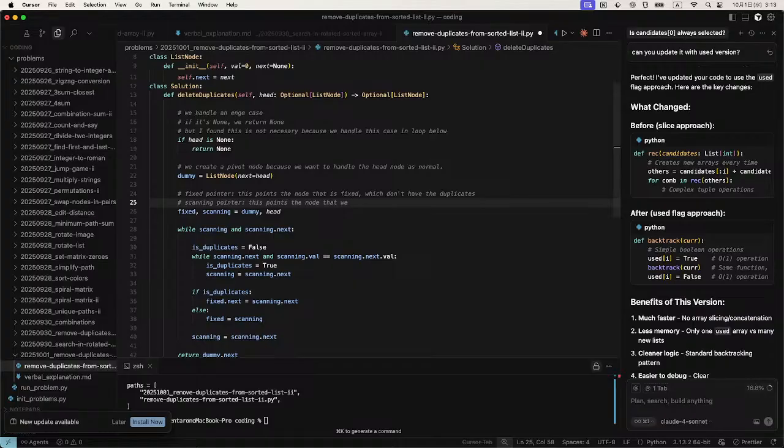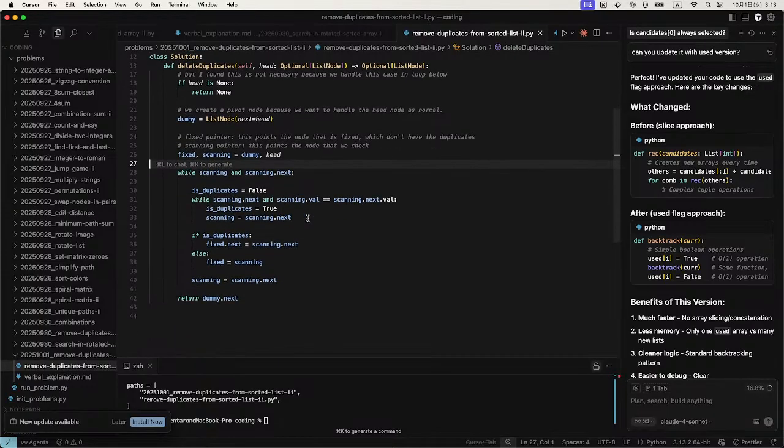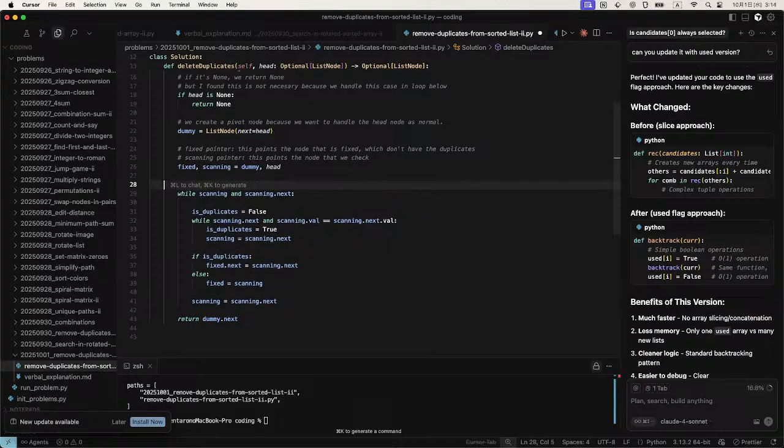We iterate, inspect, we check. We loop it while